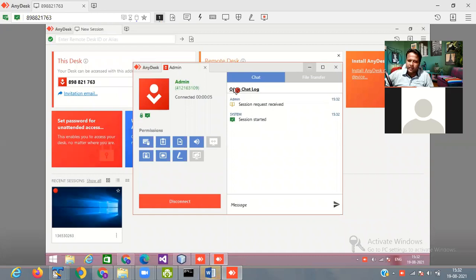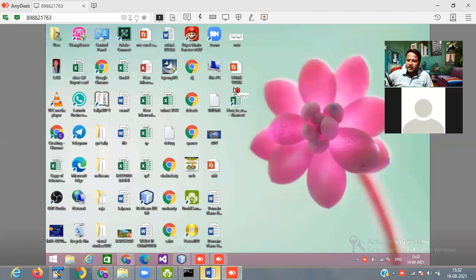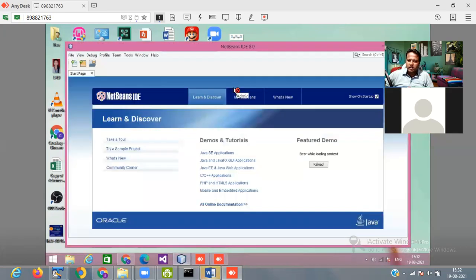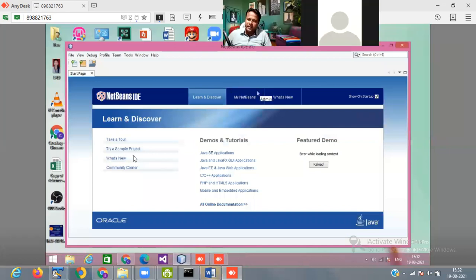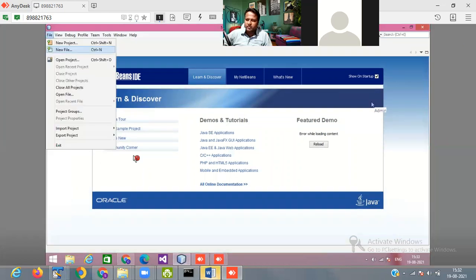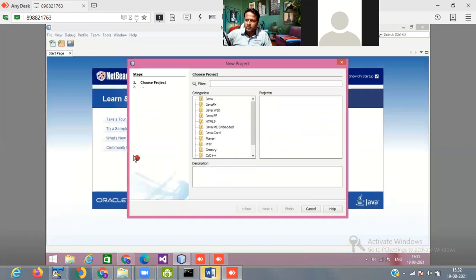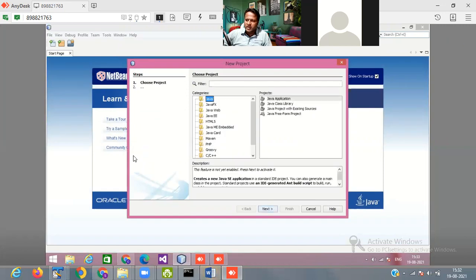So for creating a package, what you have to do? First, you have to open NetBeans. Packaging means modularizing the program. I open NetBeans IDE for the packaging system. Then File, New Project. Then choose Java Application.